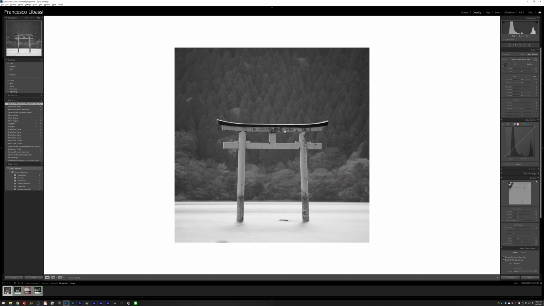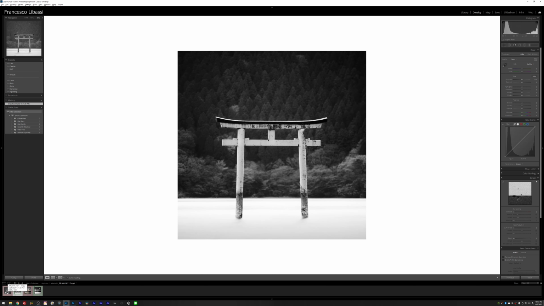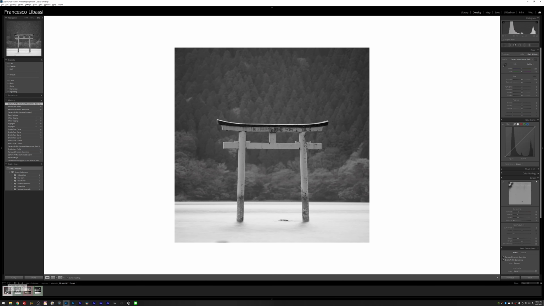So now it's a black and white image, but of course it's really different from this image. There is much less contrast, so we need to do something to make this more contrasting. So I like to start as usual with a simple S-curve. I'm going to go here into my tone curves, and I'm just going to take a couple of points, one in the shadows, and I'm going to bring it down so my shadows and my background gets darker. And then I'm going to get another point here in the whites, and I'm going to bring that up until I'm happy with the results on the gate and in the water. So probably something like this.